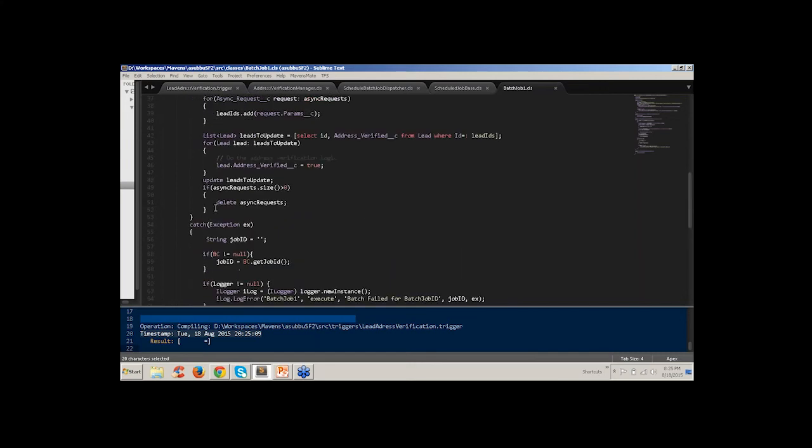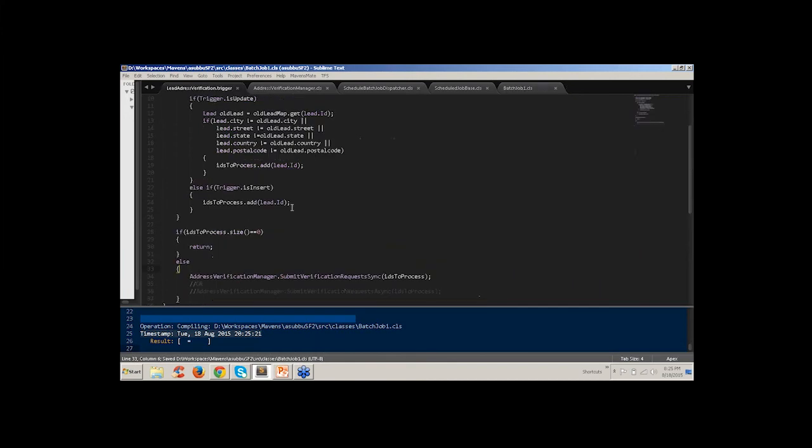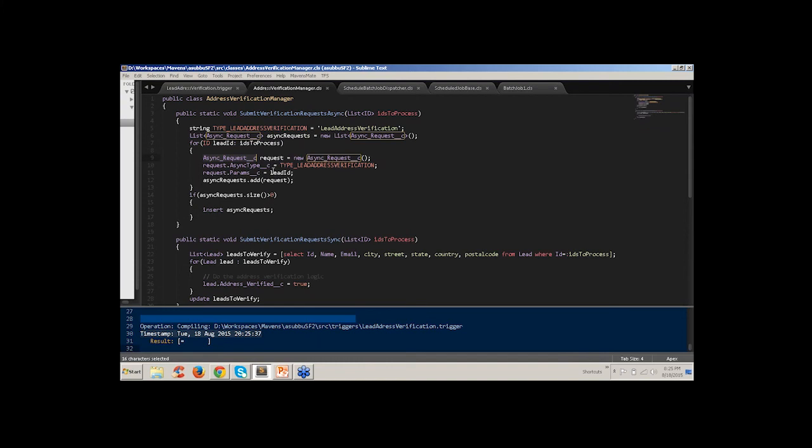What I'm going to do is comment out this delete so that you can see how the processes are going to land there. So I'm saving the trigger to go in the async route. This async method is going to insert records into the async request table, right?